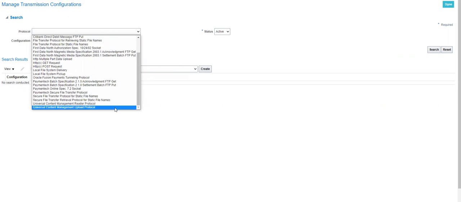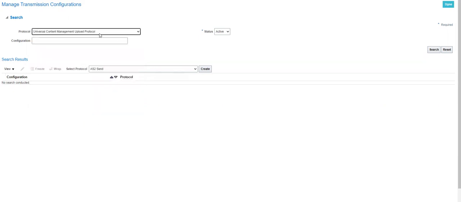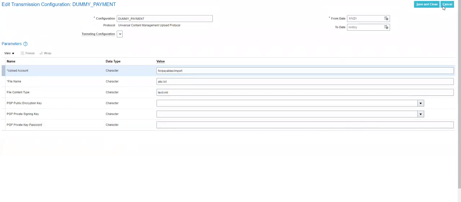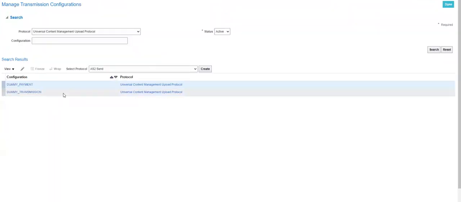So we will create a transmission configuration for UCM, Universal Content Management Upload Protocol, because we are going to upload it. I have already created one transmission. Sorry, this is the wrong one. This one.